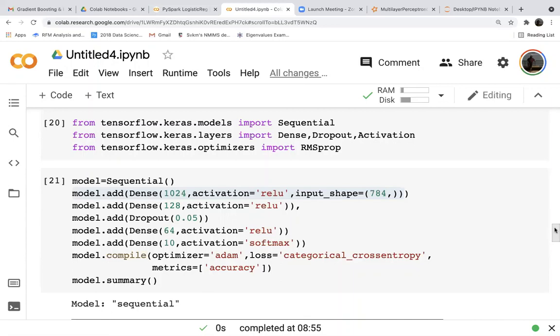In the convolution layer, you give the image as input and you define the filter. Do you want the filter to be 64 or 32? Let us say I want 64 and the activation is ReLU.